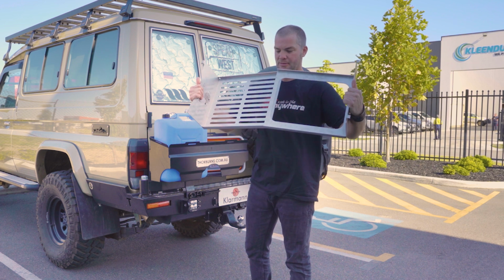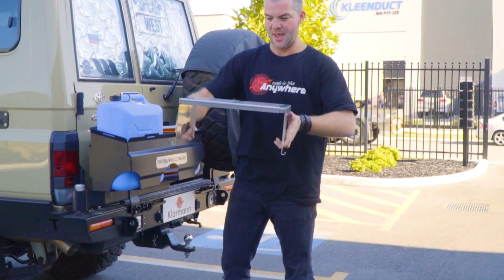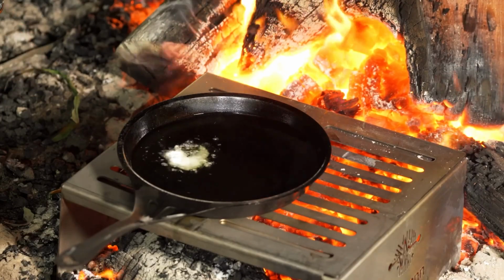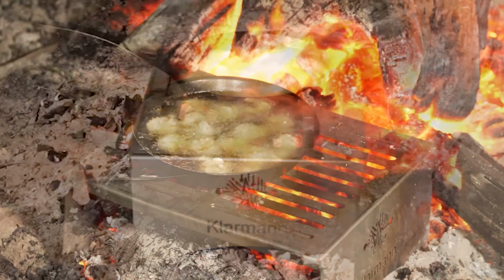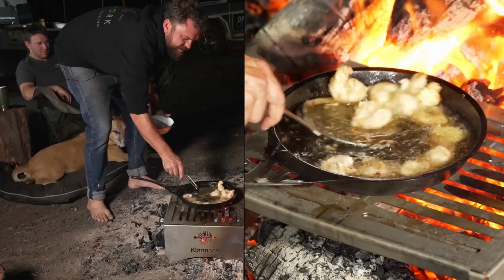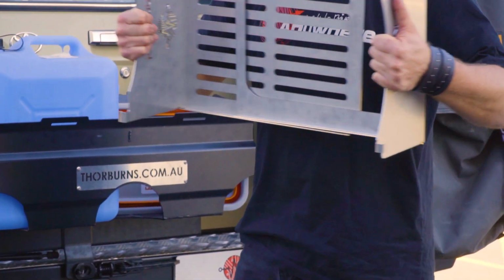You can put it together like that, put it on the ground, put some coals underneath it, and you can either cook right on top of this, or you can put your pots and pans on and your camp oven and whatever else. But because that is not enough, because I think everything should have at least 2 different use cases,